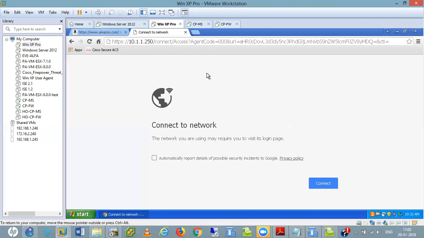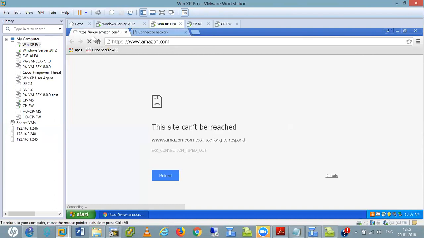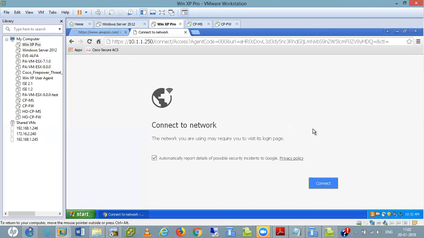This is the captive portal. I typed HTTPS, and it is redirecting towards this captive portal.